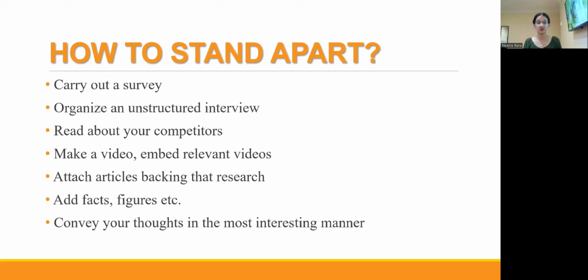Organize unstructured interviews. I've seen one video from one of the former 2020 winners of the EY scholarship program. Her idea was about financial literacy for farmers in rural India. So she had carried out unstructured interviews, that is, asking open ended questions from the actual farmers and speaking to them